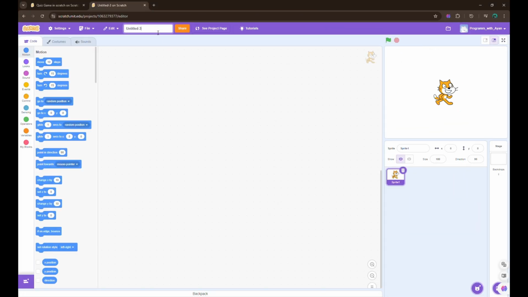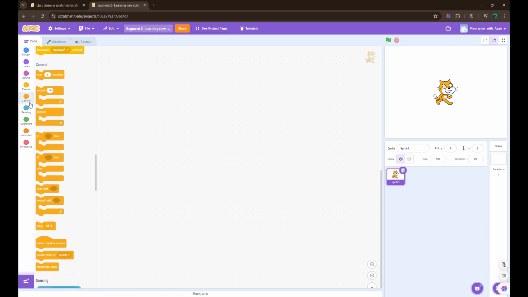Okay, so guys, welcome to our second segment, that is learning new code blocks. Learning new code blocks is our second objective. So now let's start. Today we will learn about the blocks of